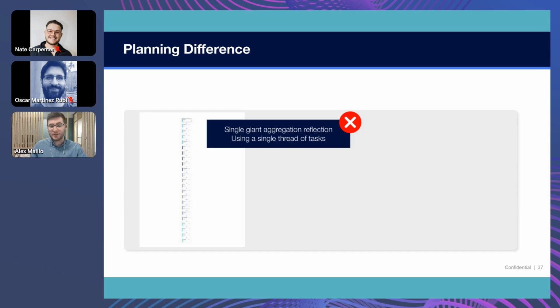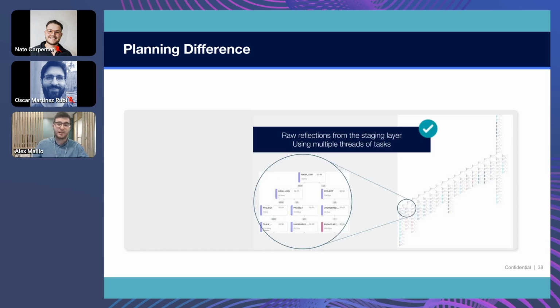If we go deeper into the details of a job in Dremio and see how it was planned, here we have the plan for the job of the aggregation reflection with all the dimensions fields. It is a single thread of tasks. This is for the same part with the same filters. The only difference is that we use the giant aggregation reflection, the one that contains all the dimensions and took 23 seconds. So in contrast,